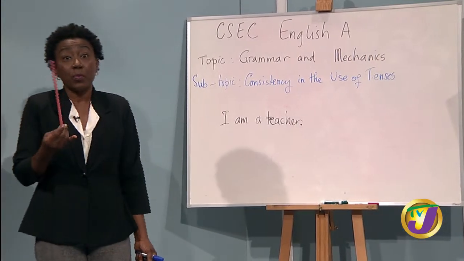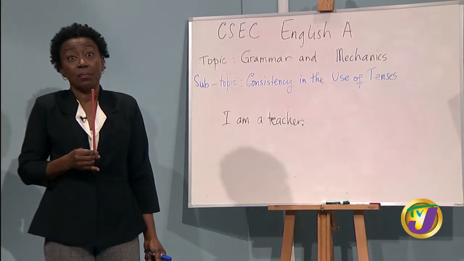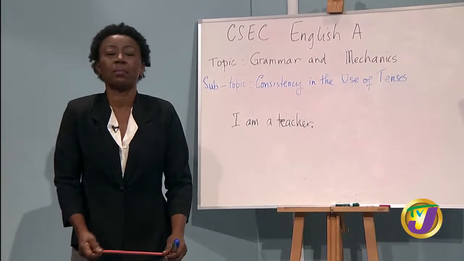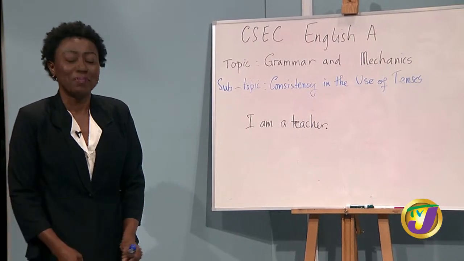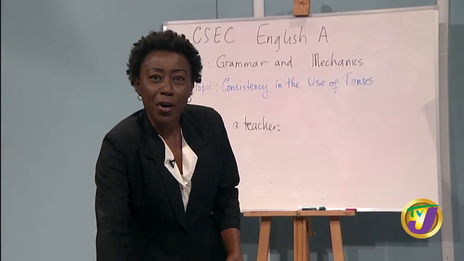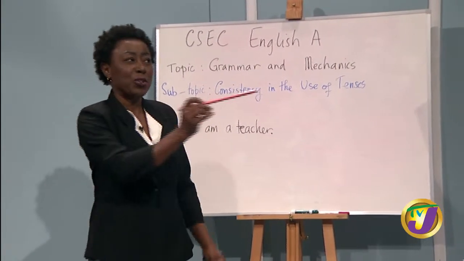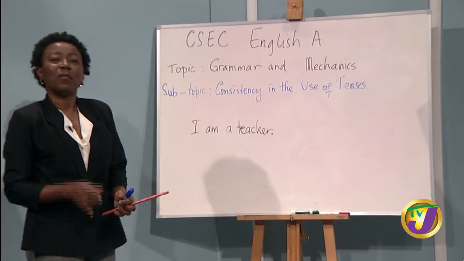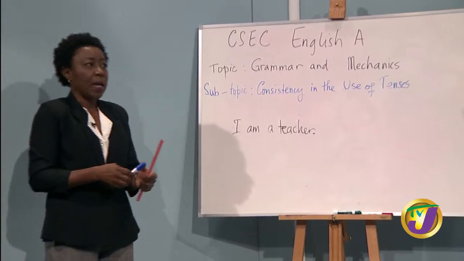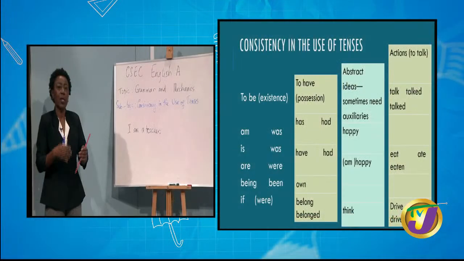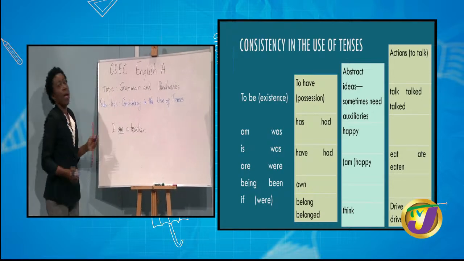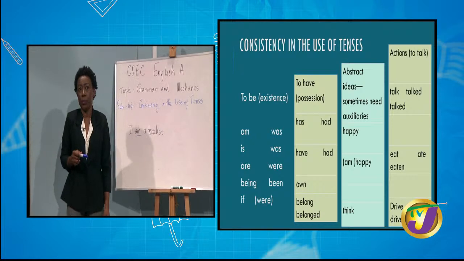And I am going to wager with you now. You're going to say, if you didn't hear me say it before, Miss, I don't see the verb. I don't see any verb in that sentence. Where's the verb, Miss? That's what you tell me. So I point you now back to be. Those words that express existence, the being verbs. And when you break them apart, we use am with I. So here is a verb. I am a teacher.